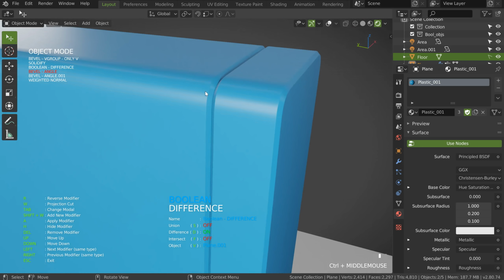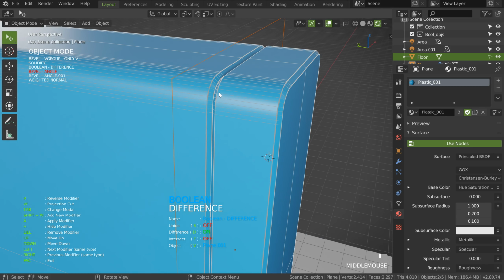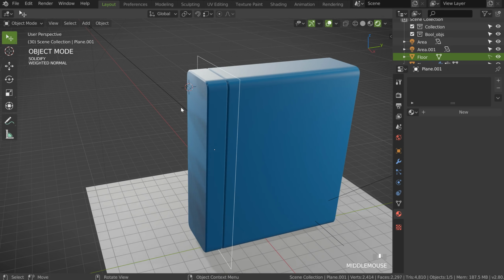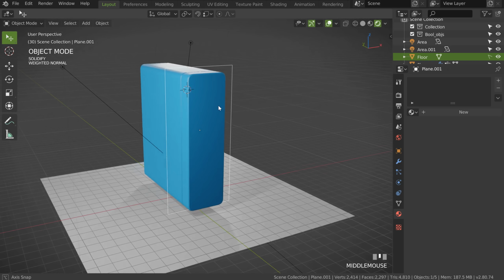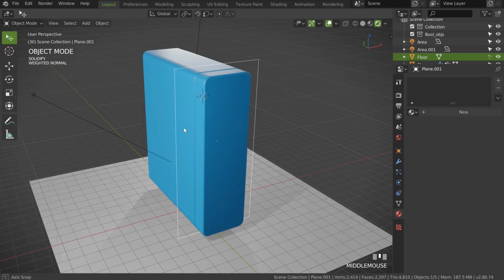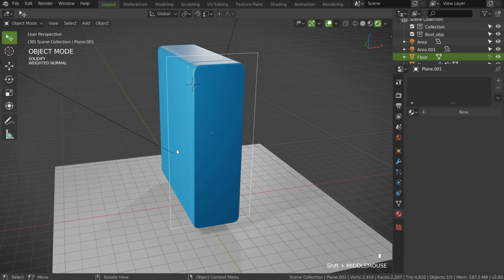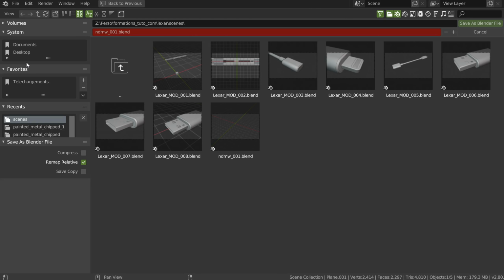I created this, I can press 6 to see the result. And that's it. Just like that. This is as simple as that. So, I hope I'm not too fast. I'm trying to slow down, but with SpeedFlow this is not easy. And I will save my scene right now. So, File, Save As. I will find this one. And I will click to increment, and I will save.